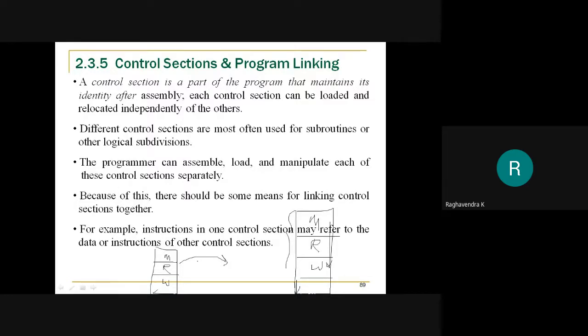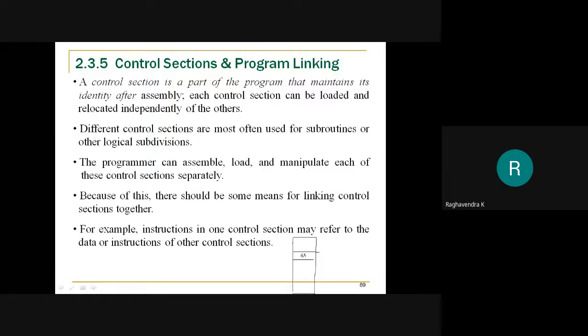Now what we are thinking about is having this part of the program as a separate entity, this part as a separate entity, and this part as a separate entity. So when I load this in my main memory, I can load the main subroutine here, the read record here, and write record here, wherever memory is available. I will load them as independent entities, but still my program should work. Somehow they should be linked with each other, and somehow they should work.